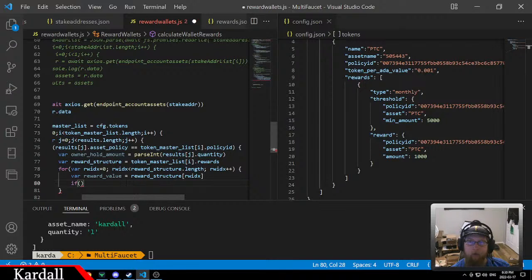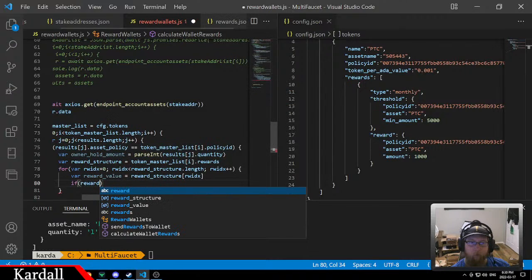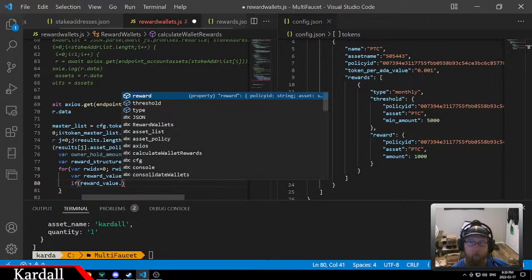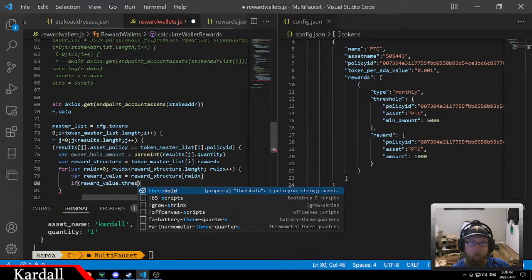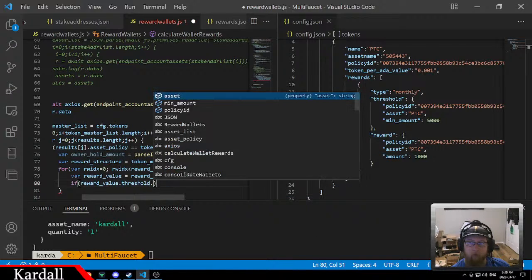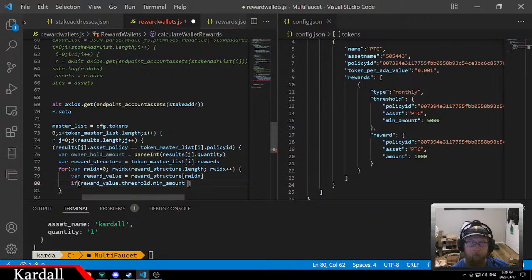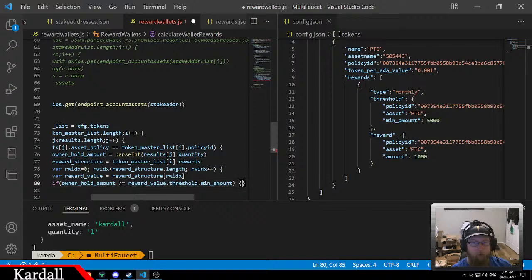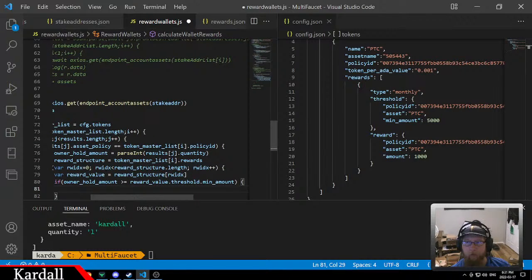We're going to say if reward value threshold min amount, I want owner hold amount is greater than or equal to the minimum amount, then we are going to say